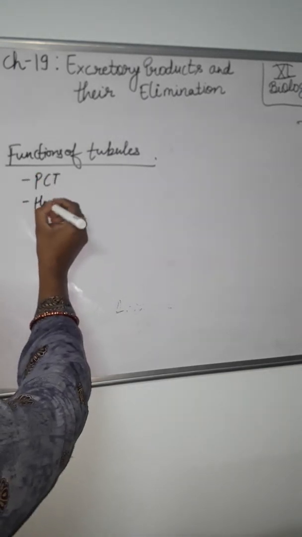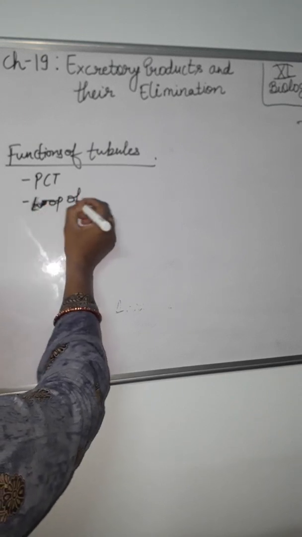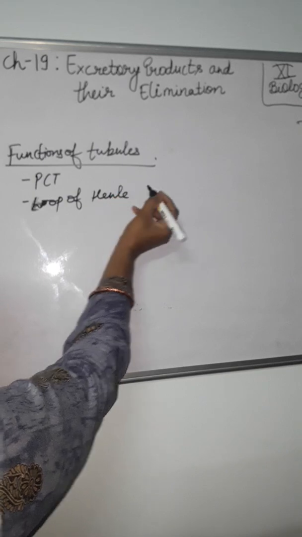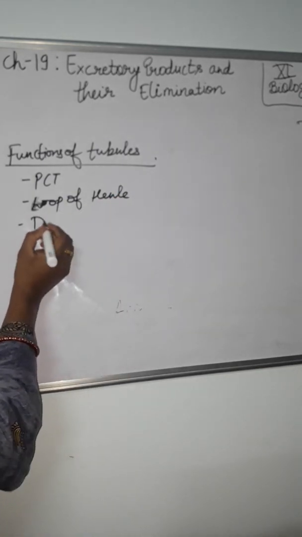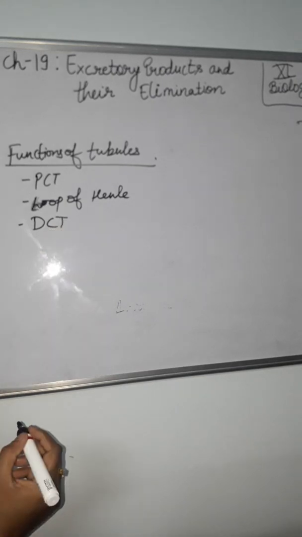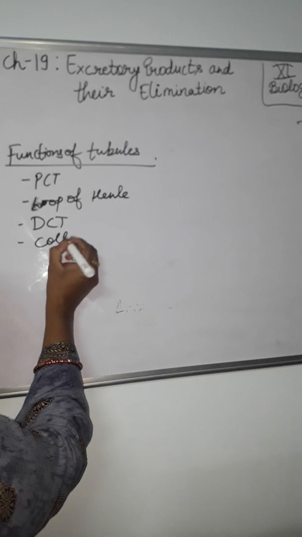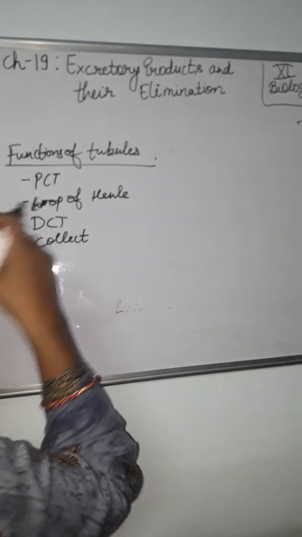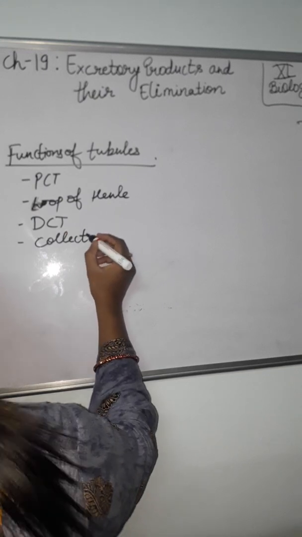Second one, that is loop of Henle. And the third one is DCT, distal convoluted tubule. And the fourth one, that is collecting duct. ठीक है, जैसे ये टाइप्स हैं, जहाँ पे इनकी पोजीशन है, इनके फंक्शंस भी वेरीज करते हैं. ओके,